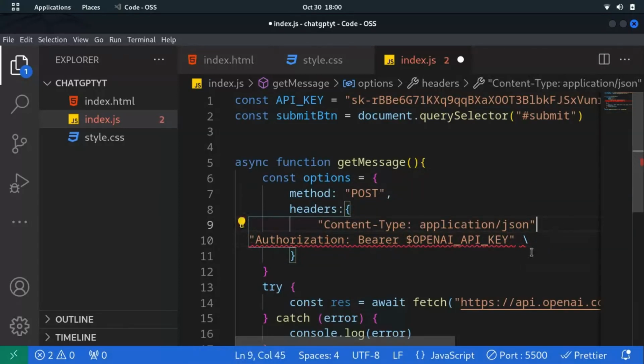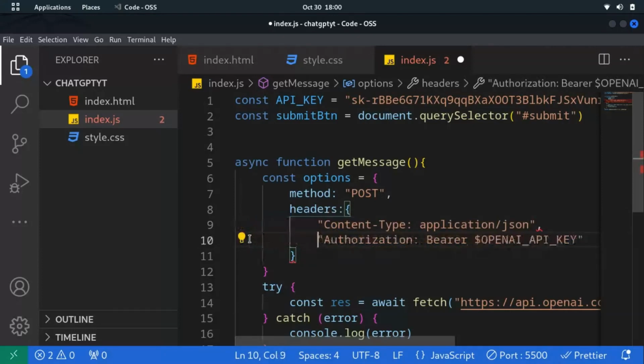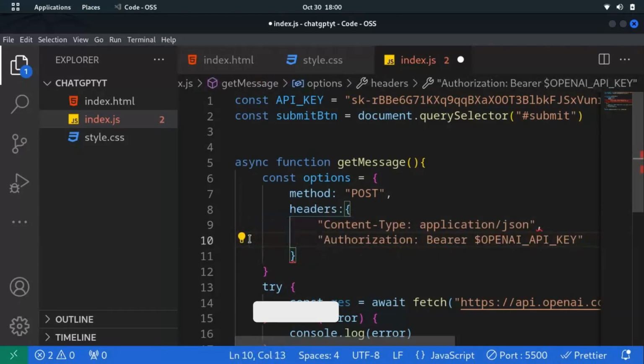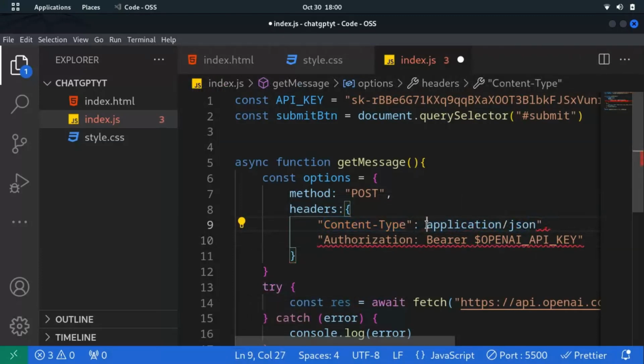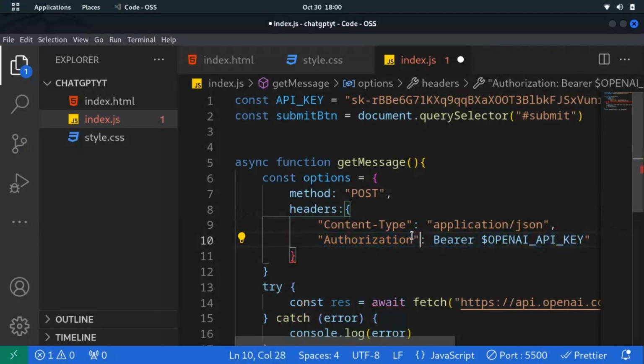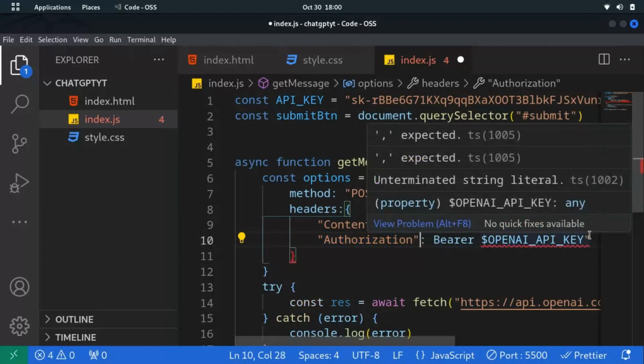Let me take this one off and take this backslash out and put a comma here. Perfect. Let me hit tab on this so that it can get in the same line like here. So this one is going to be like this, and then this one. The same applies to this,